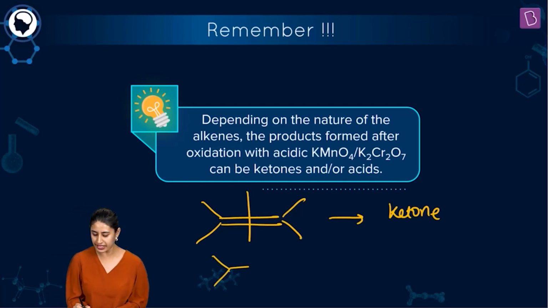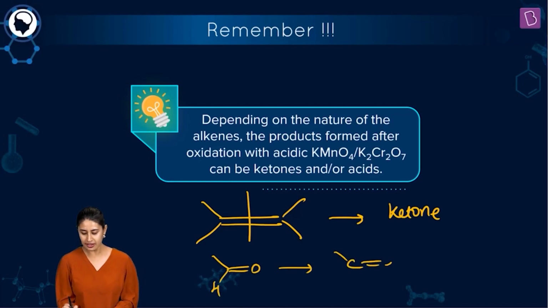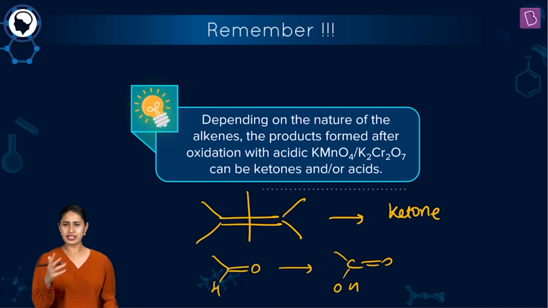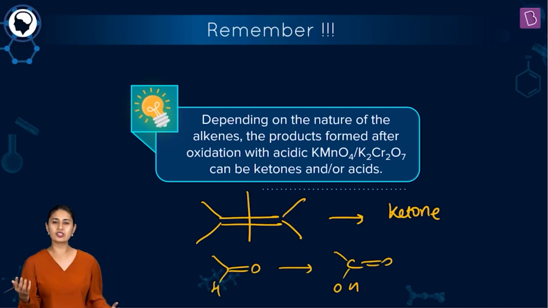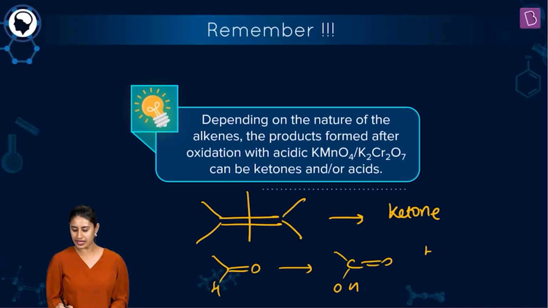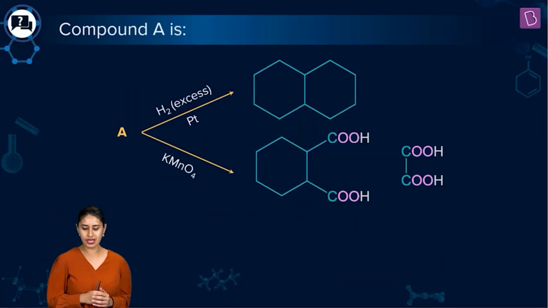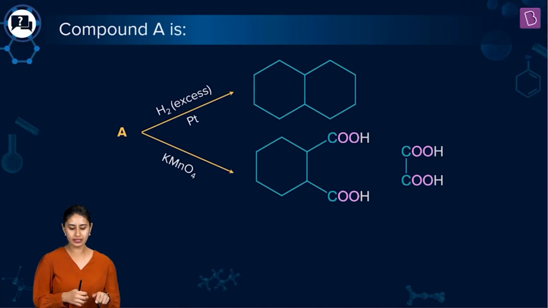If it is an aldehyde that you're getting, then the aldehyde further gives you that acid. Because aldehyde can be more easily oxidized as compared to ketone, the answer to this will come in the aldehydes, ketones and carboxylic acid chapter. And if that particular aldehyde is formaldehyde, then you know that carbon dioxide and water are the products that you get. So become vigilant and let's now use this information and find out the answer.